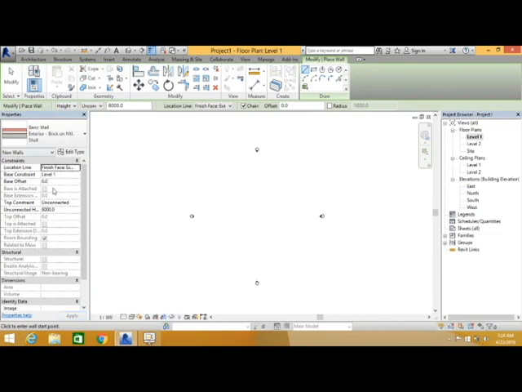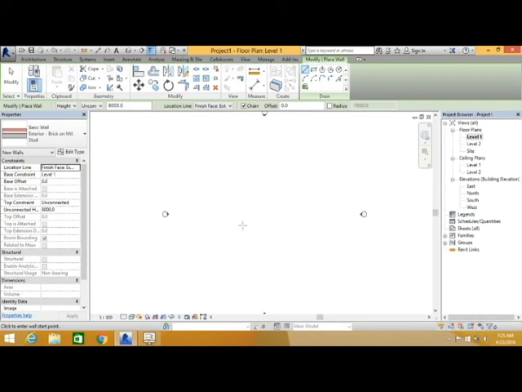Then base constraint Level 1. That means we are going to start our wall in Level 1 from the offset 0. That means from Level 1 onwards we are going to start the project. Then top constraint, we did not select any level. For example, you can select Level 2 or Level 3, Level 4, but we did not create many levels here. Currently I don't want any levels. I'm directly giving top constraint unconnected height 8000. That means when I draw the wall over here, the total height of the wall will be 8000 mm.